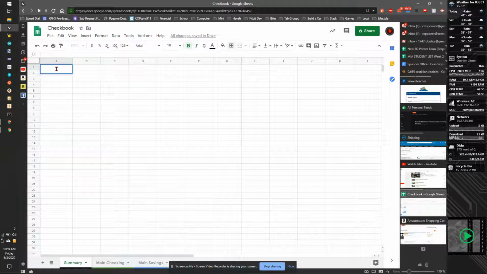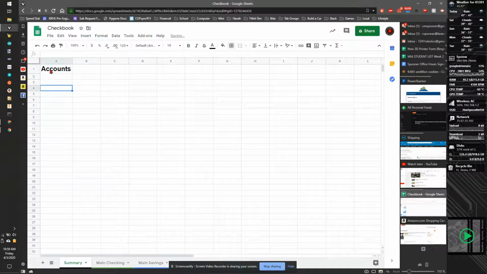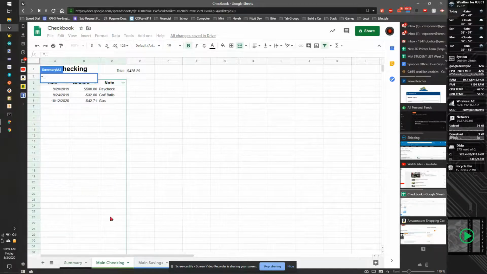And I'm going to do accounts. I'm going to make sure it's nice and big and bold. Mine was already set because I just cleared it out from when I did the demo live. And we're going to now make this cell equal to the value on the main checking sheet right here, this A1. That's going to put, quote, main checking, quote, exclamation point A1. If I just hit enter,